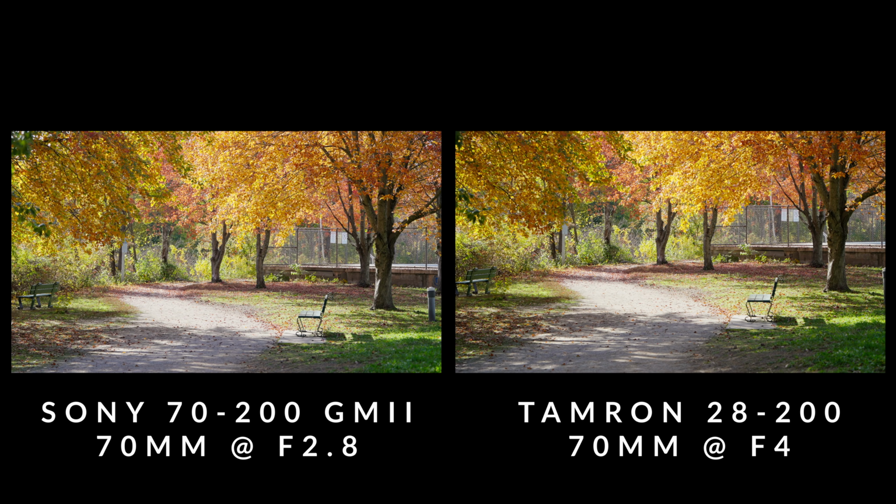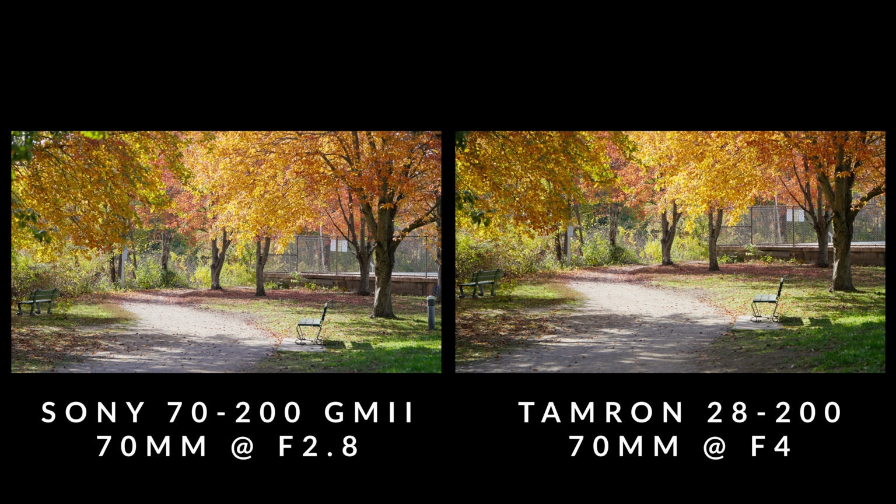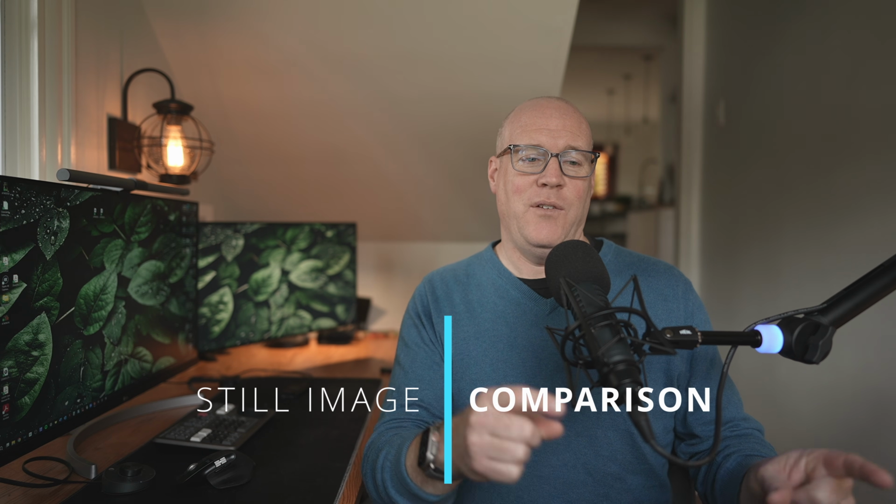So the Sony GM lens with the OSS built in combination with the A7R5's IBIS, I think provides a tremendous advantage compared to third-party options like Tamron and Sigma. And you can see that especially at some of the longer focal lengths like 200 millimeters. So now let's jump into the stills portion and see if we can see the difference between these two lenses